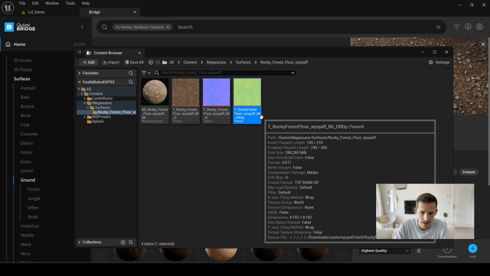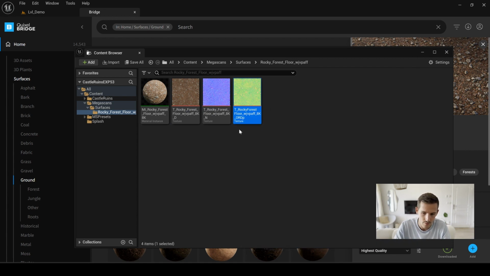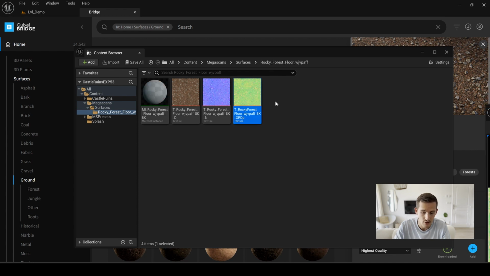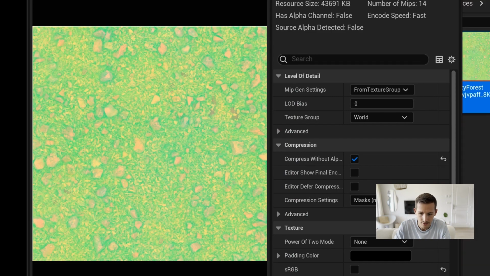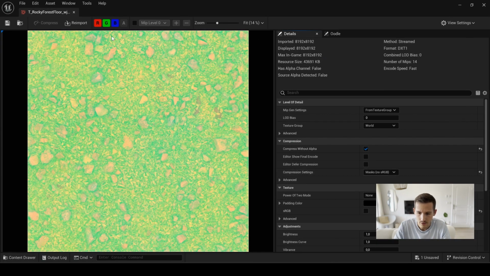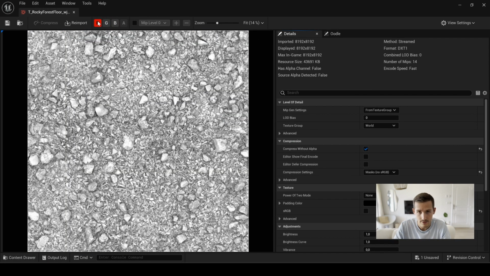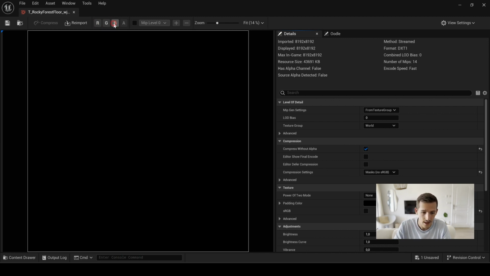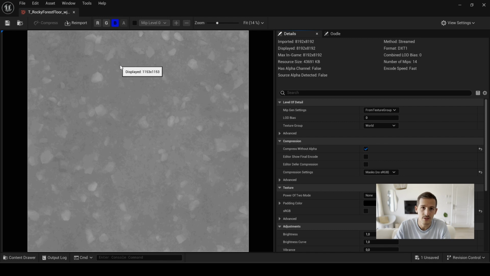As we saw in one of my previous videos, ORDP stands for occlusion, roughness, and displacement. If you open the texture and filter by channel, you'll see that the red channel corresponds to ambient occlusion, the green channel to roughness, and the blue channel to displacement. And that's what we're going to use.